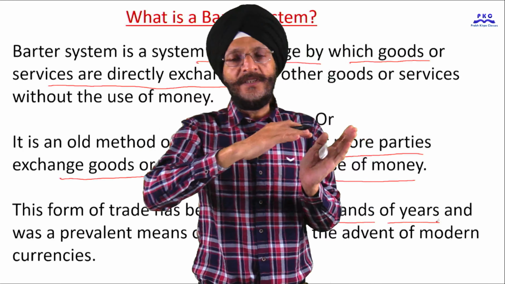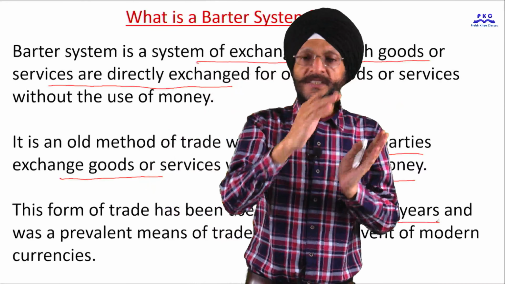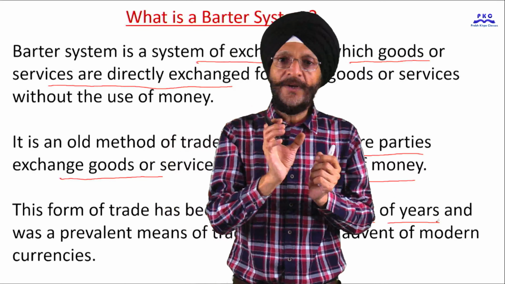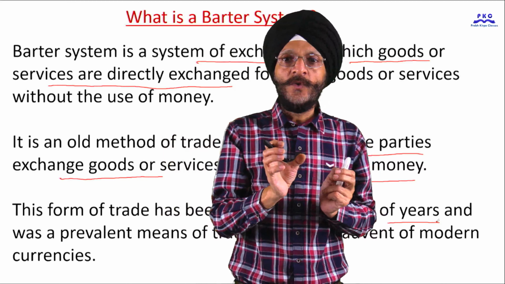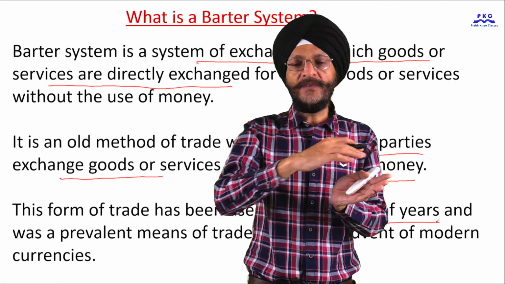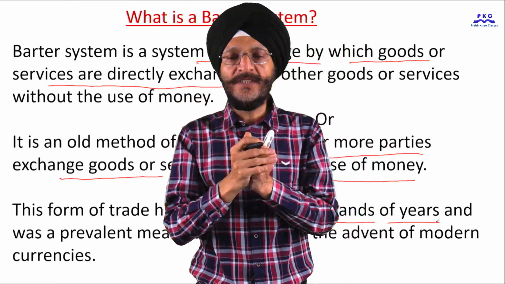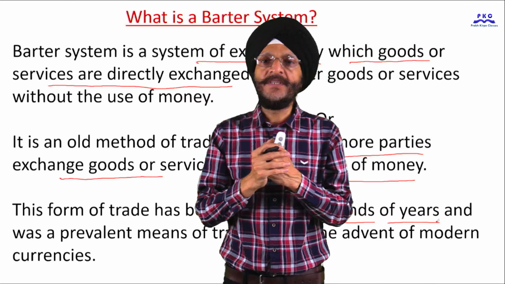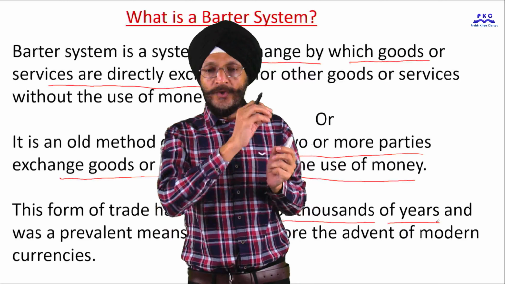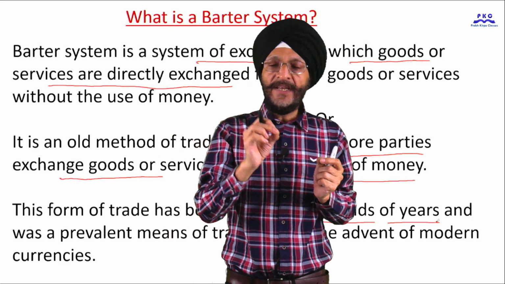But now these currencies have come into existence, say rupee, dollars, printed notes have come into existence, coins are there, or we are using credit card, debit card, internet banking. So many other forms of money have come into existence. Now the barter system is less in use. Now we use money mainly as a medium of